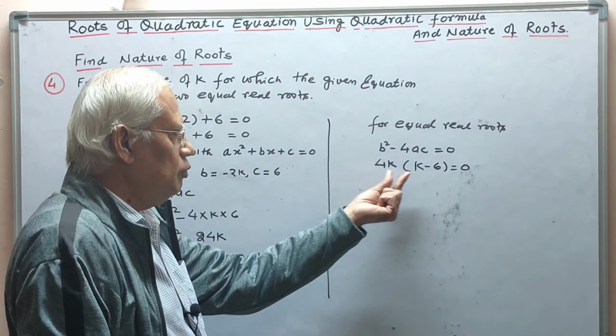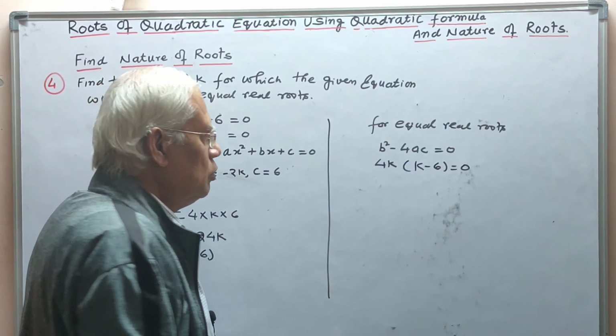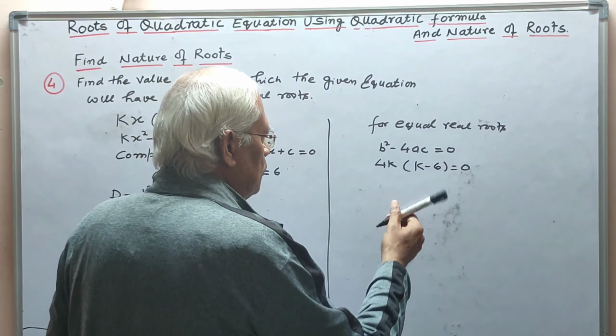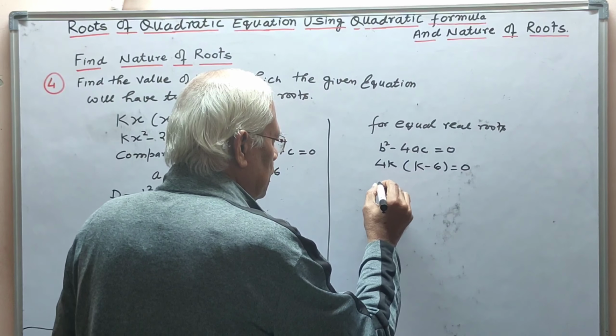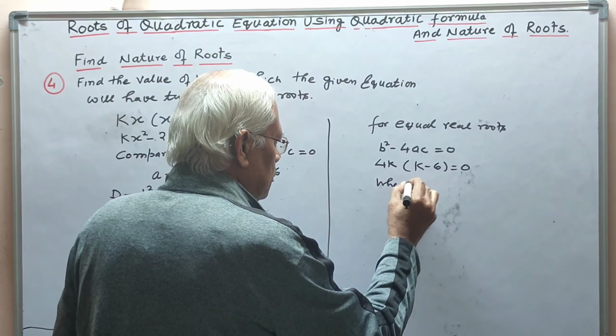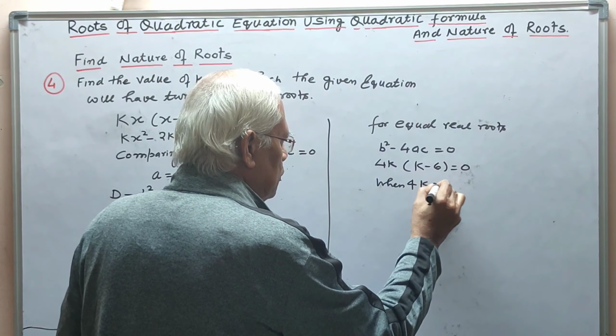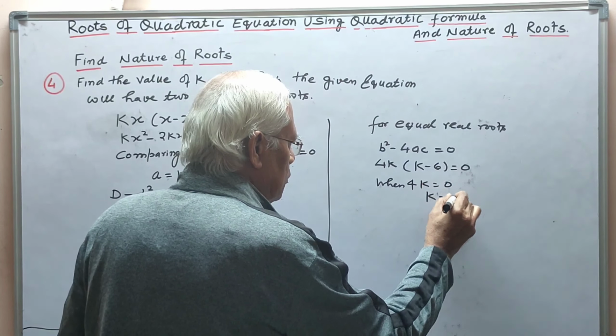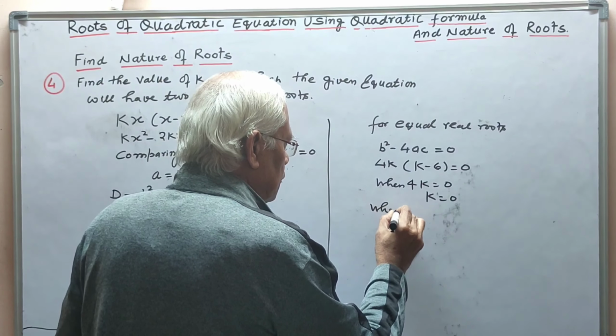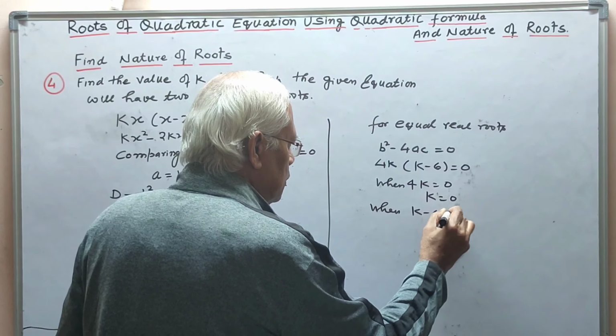So the product of these two numbers is 0. So either one of them will be 0. So when 4k equal to 0, k equal to 0. When k minus 6 is equal to 0,